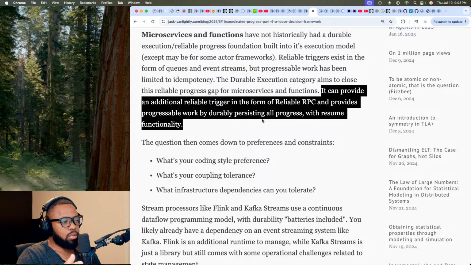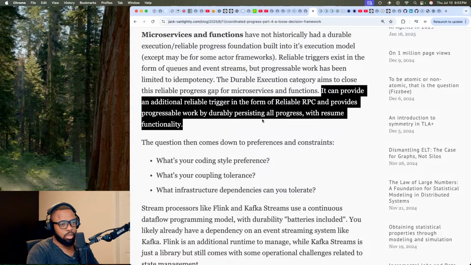And you can do that because you can expect that for the same input you will have the same progression through the execution, because you've been able to encapsulate or capture all the sources of non-determinism.